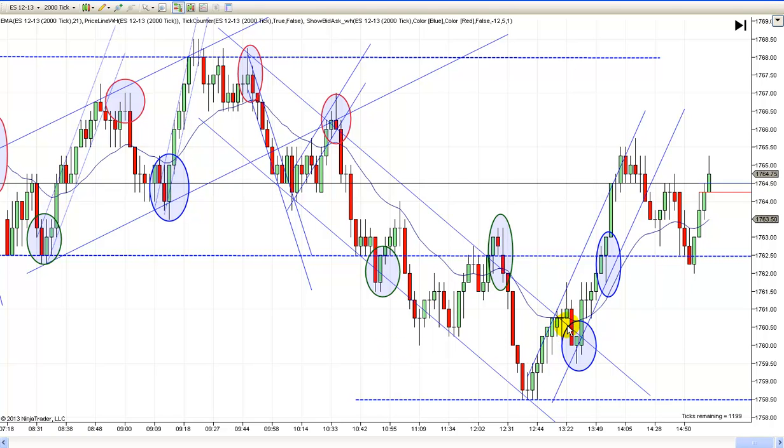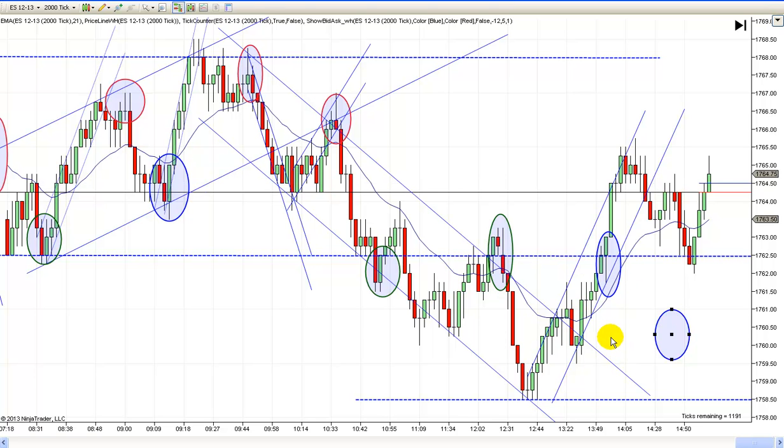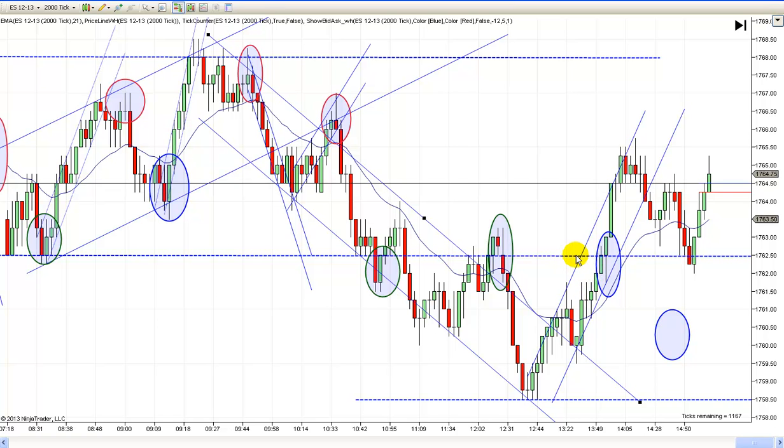And then you get a second entry short right here. Again, no reason to be going short right there. There's no setup of any kind. And in fact, I'm looking for a reversal right here, and you should be thinking possible reversal. Especially if you drew this line right across here and you drag it down when you get the reversal, you might have waited to here on a second entry, but by that time I think you're getting too close to right here.